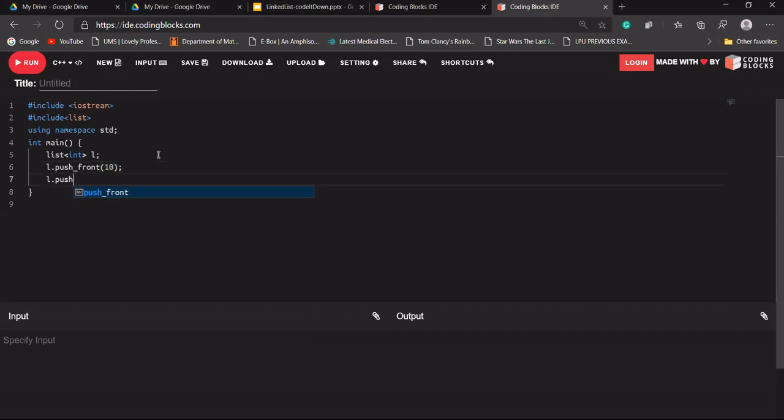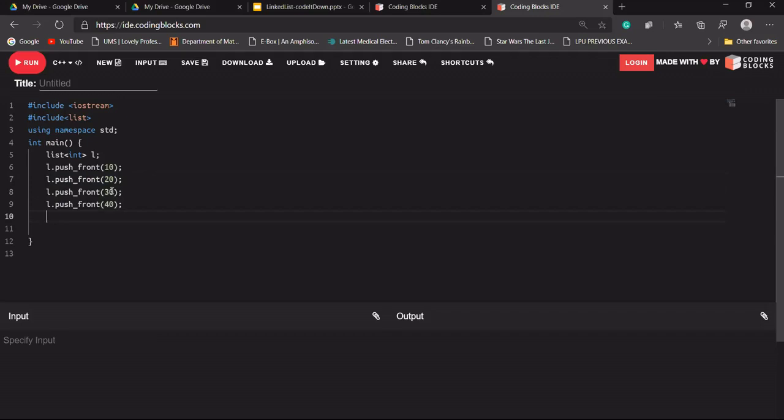Let's add a few more elements: 20, 30, and 40. These are all predefined functions. We don't need to implement or write them ourselves, we can use them at any time.